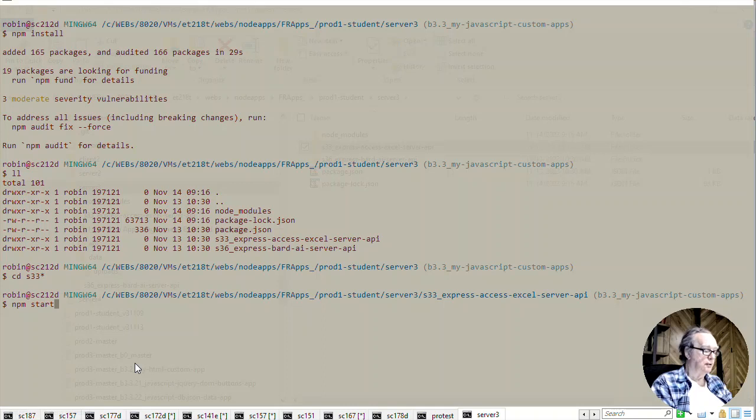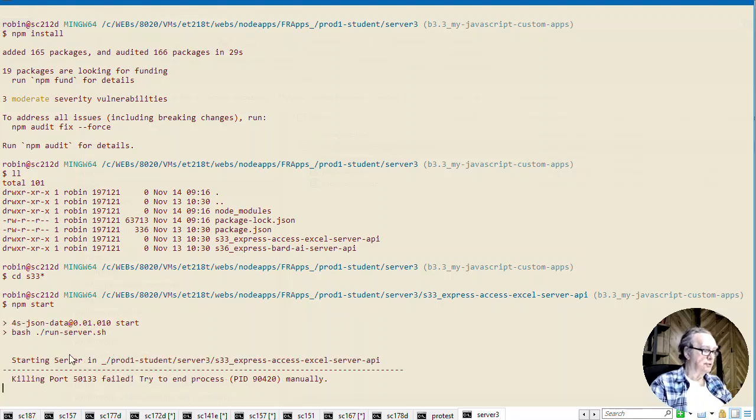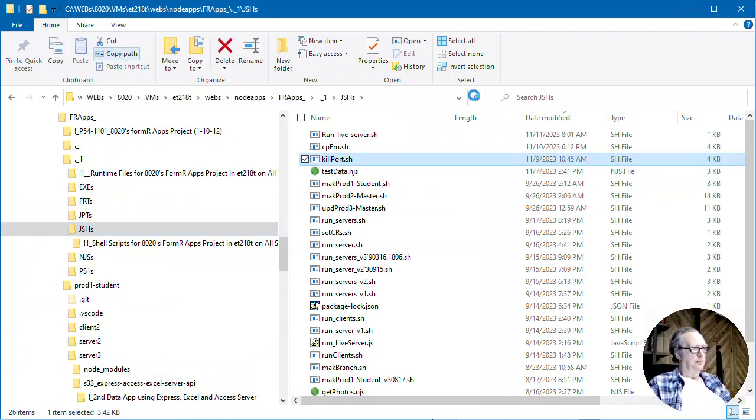npm start is actually going to run the bash script called run. See there, it's the bash script run server. Uh-oh. Well, folks, right there. So we click copy path,